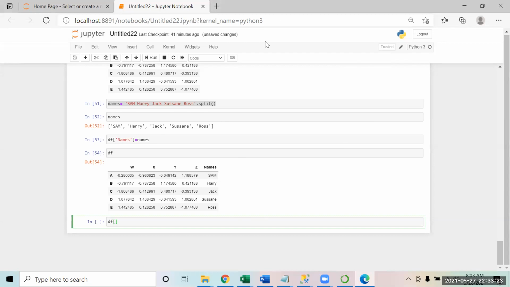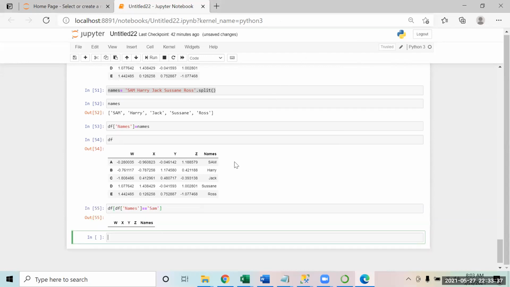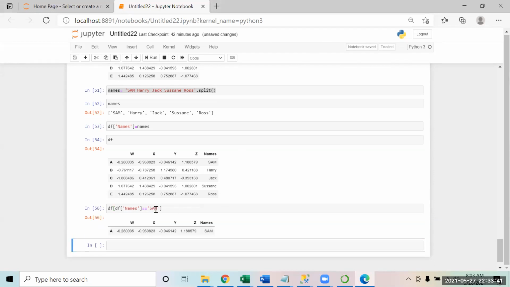I want to fetch the data where df names equals Sam. So I'm saying I want to fetch the data wherever in the column of names I'm getting a Sam, and I'll get that data.